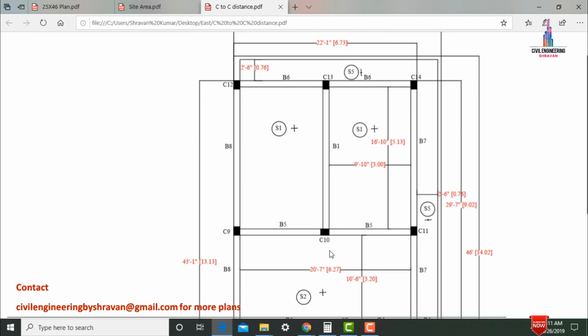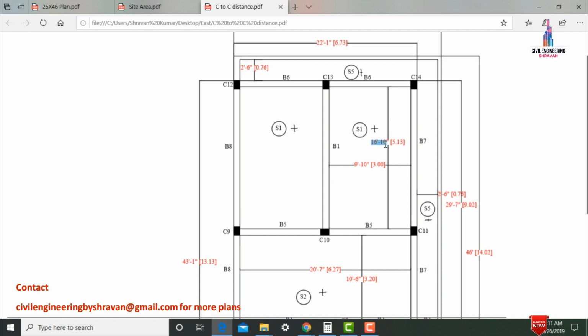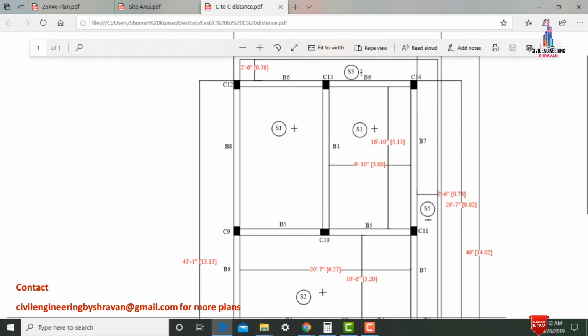So after that I will show you the center to center distance for the respective column number 10 as well as column number 11. So this is the column number 10 as well as column number 11, which is consisting of 9 feet 10 inches in x direction distance, and column number 11 as well as column number 14 will be consisting of 16 feet 10 inches in width direction distance. This balcony will be consisting of 2 feet 6 inches in west facing direction, nothing but 0.76 meter. North facing also consisting of 2 feet 6 inches balcony, which is consisting of 0.76 meter for the respective house.